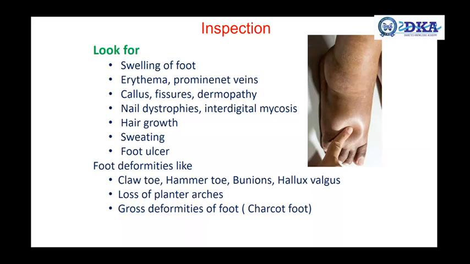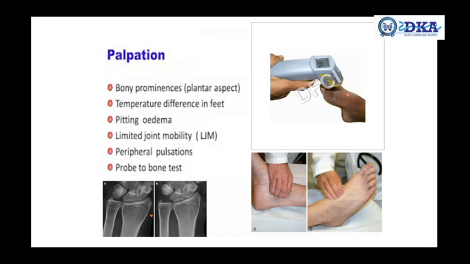Loss of plantar sensation plays a vital role in the development of future diabetic foot ulcers. Apart from that, the presence of deformities has to be ruled out. This is a 1 minute examination, followed by palpation. Regarding the palpation, we have to palpate for any bony prominence because these